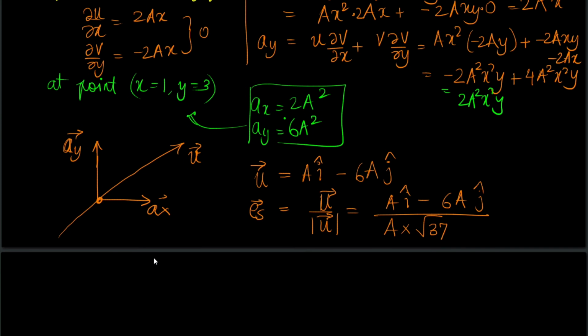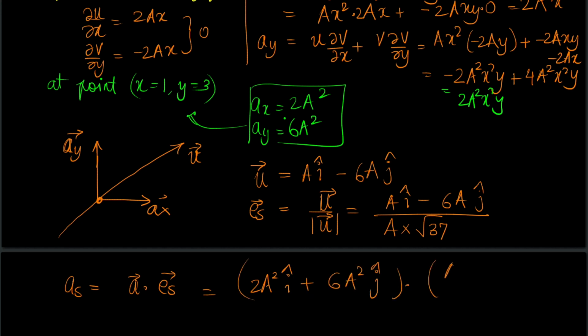So the component of acceleration in the s direction will be the a vector dot es vector, essentially, which is 2a square i plus 6a square j dot ai. So the a cancels out,